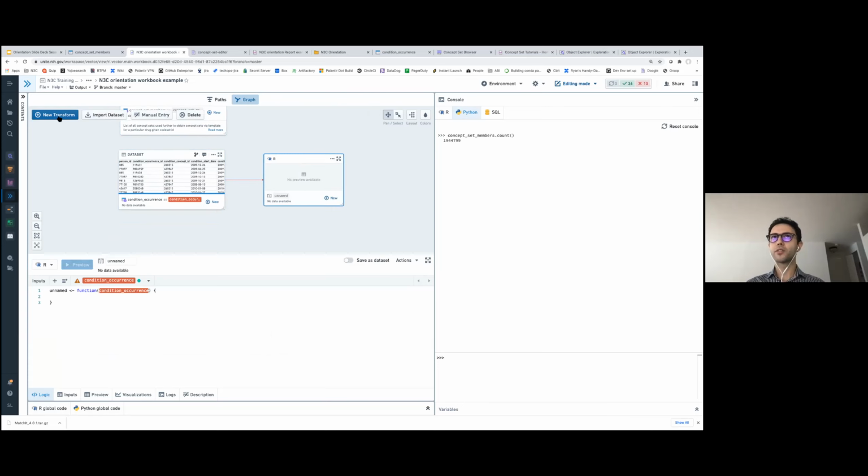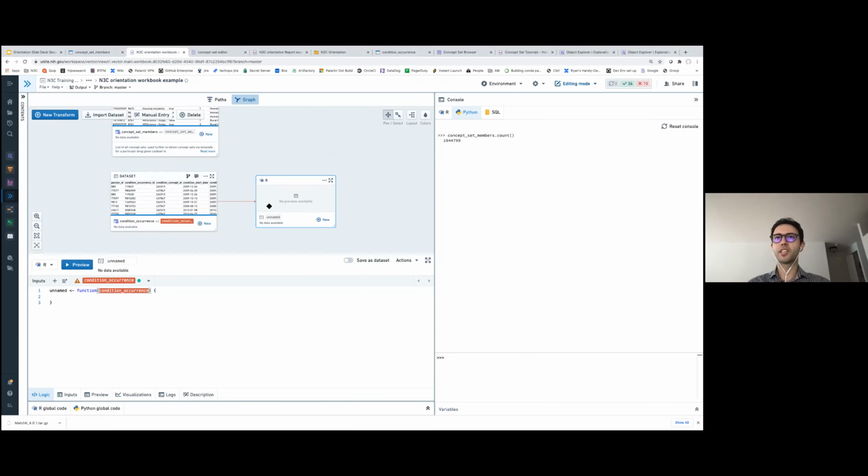When you create a transform, it is basically a function either in R or Python. It takes as an input your table, which is considered a data frame, and it has to return another data frame, which you'll be able to preview in here. So let me add the other input, which is my concept set member table.